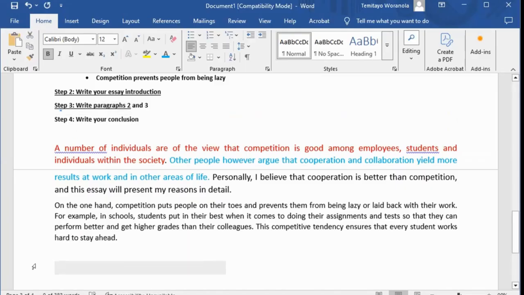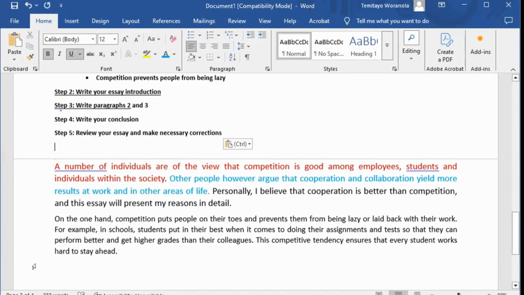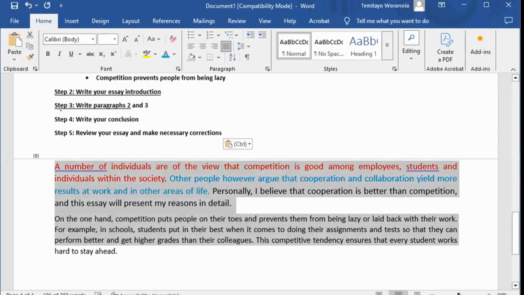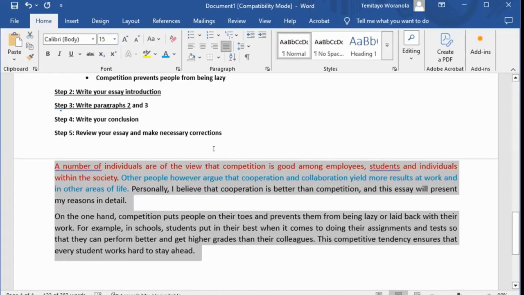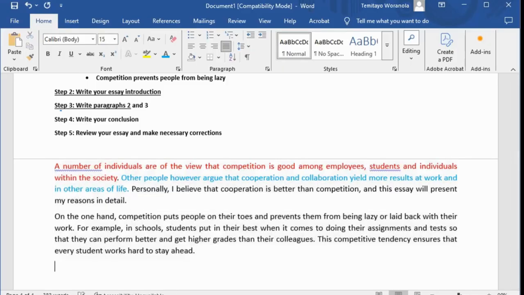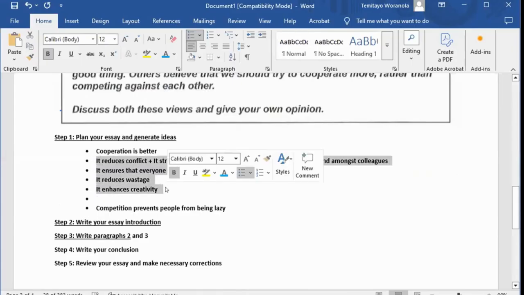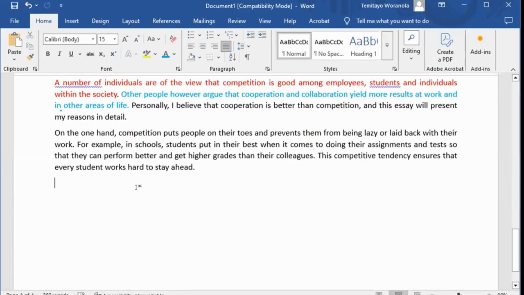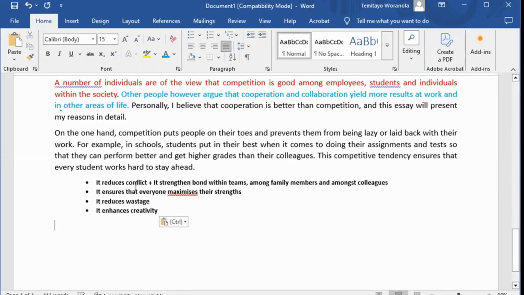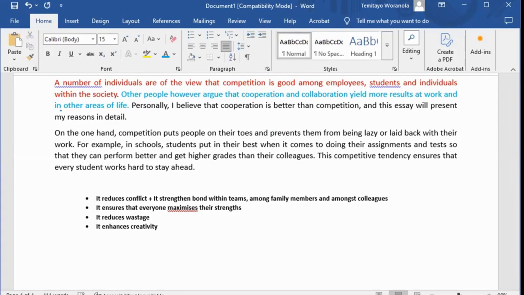Paragraph 3 is the next thing that I want to do now. So I've done paragraph 1, I've done paragraph 2. So let's do paragraph 3 now. Now, paragraph 3, we are writing about what? Collaboration. Now, what are my points for collaboration? Look at it here. I have 4 points for collaboration. I can decide to write all those 4 points. I can decide to pick 2 of them or 3 of them. Okay, so let me copy and then paste it, so that I can be seeing what I'm writing.